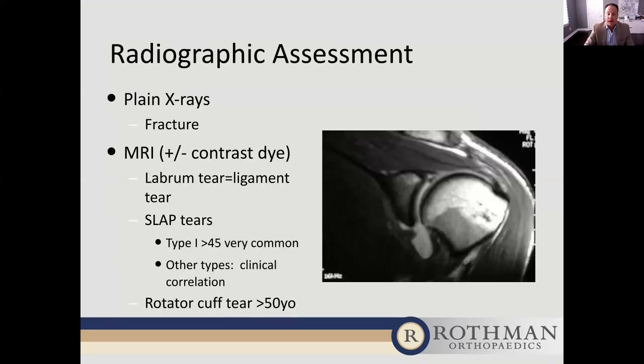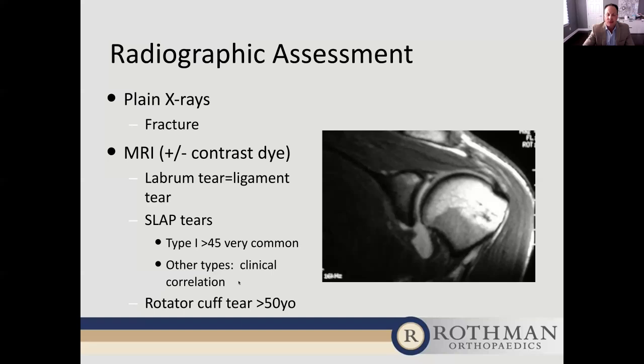So we want to do regular x-rays looking for a fracture. Then we want to do an MRI with or without intra-articular contrast, or contrast in the shoulder joint. If it's an acute injury, usually there's enough fluid and blood in the shoulder that we don't need to do contrast. If it's a chronic injury and there hasn't been a recent dislocation, then we oftentimes want to do it with contrast. We want to look at the labrum tear. You can see here at my arrow, there's a labrum tear down below here where it's torn off the socket. And there's another one up here in the superior labrum, or a SLAP tear,